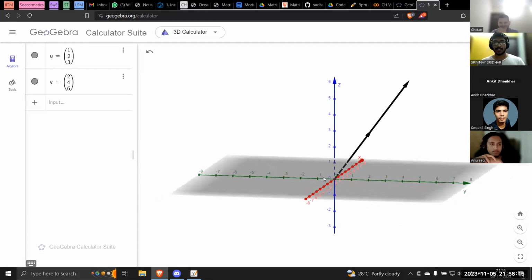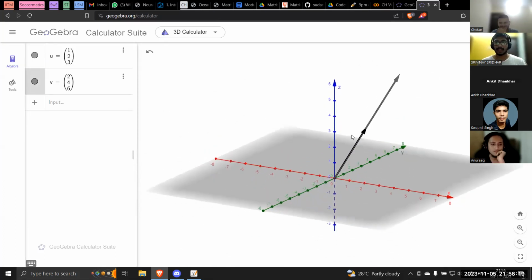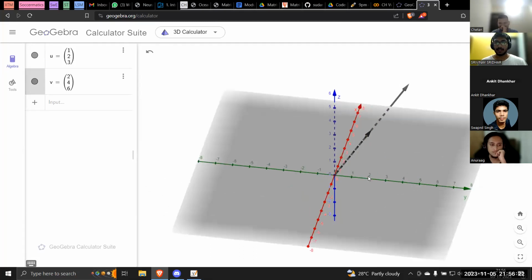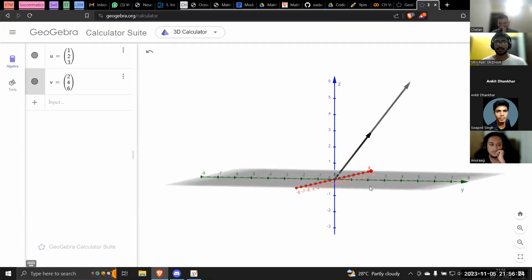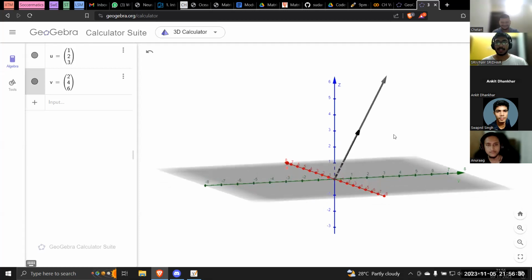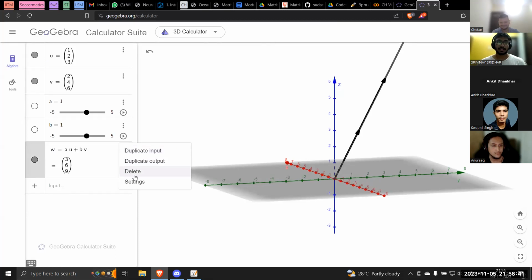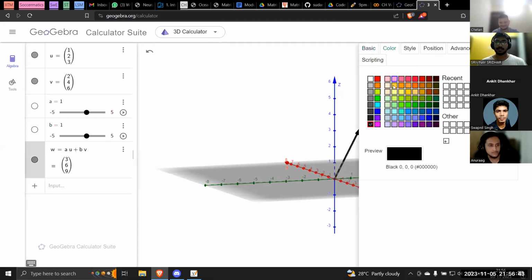By looking at these two vectors, even visually, we can see that they lie on top of each other, right? 2, 4, 6 is passing through 1, 2, 3, and then it's being expanded after it. That's what I look at, right? And so if I take a times u plus b times v, and let me color this differently, orange,